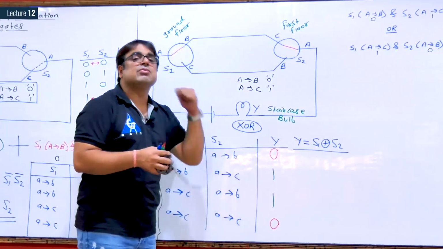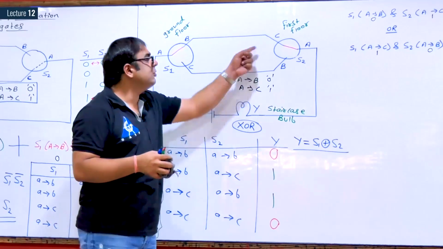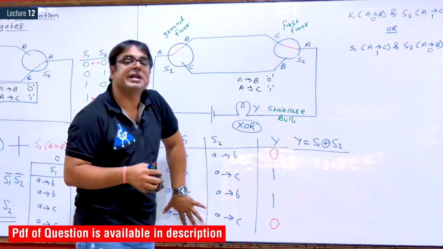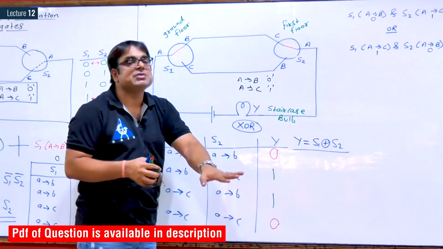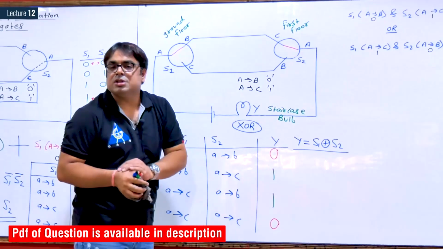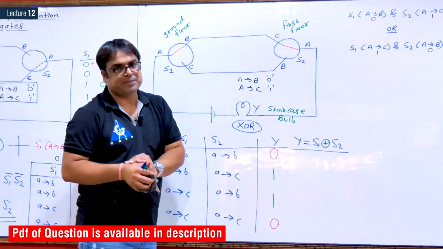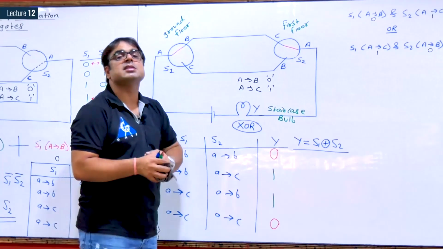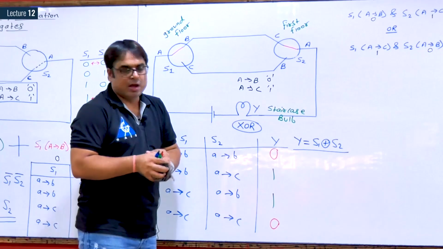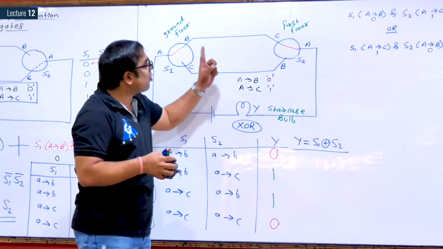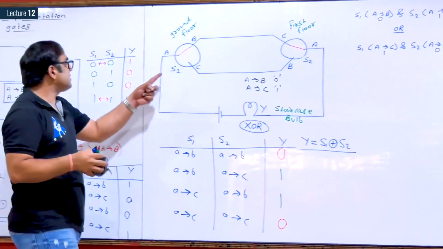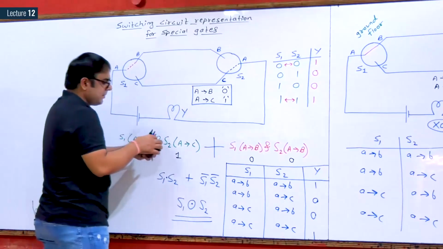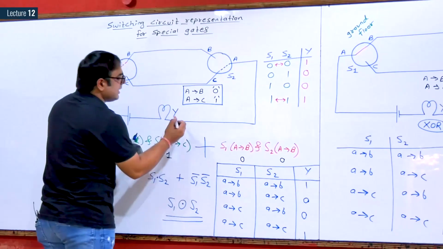Two switches will only be associated if we use two-way switches. We are using two-way switches for special gates only. Before that, we were using simple switches. A simple switch has only two terminals. This special two-way switch has three terminals. So this concept, please see, I can implement here also. This is your staircase bulb.